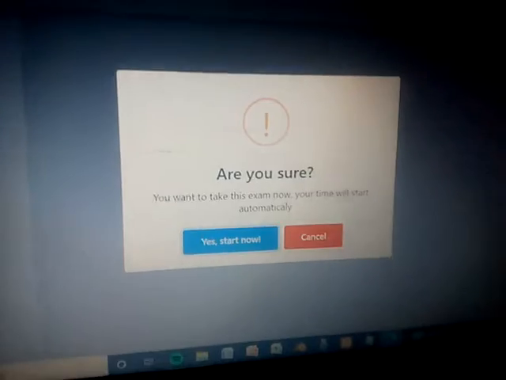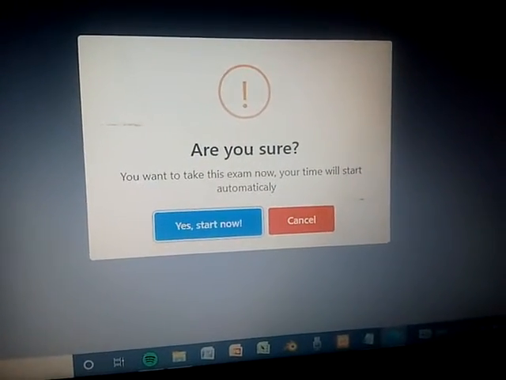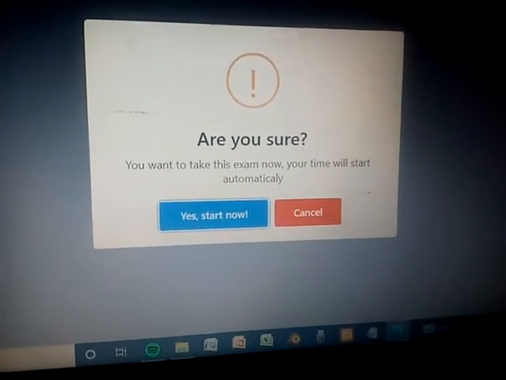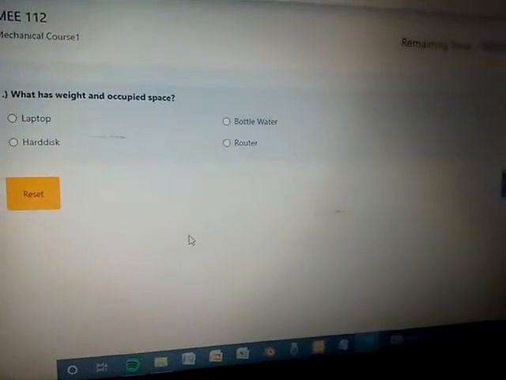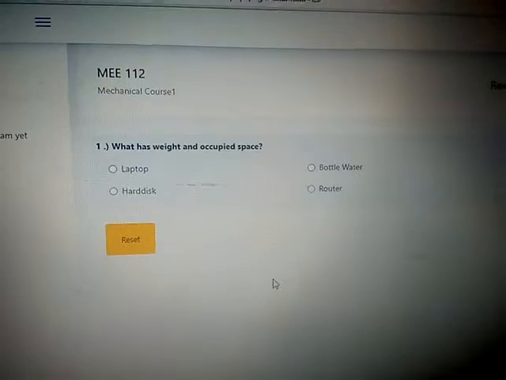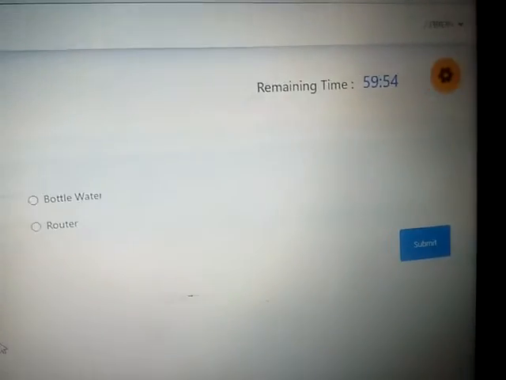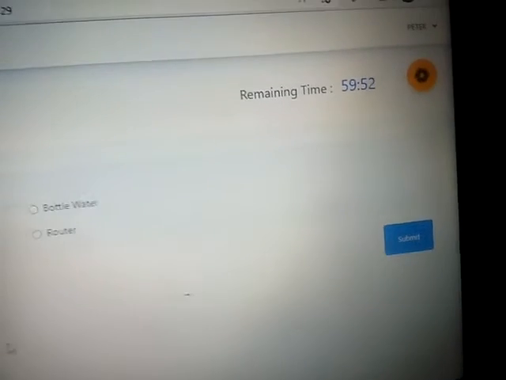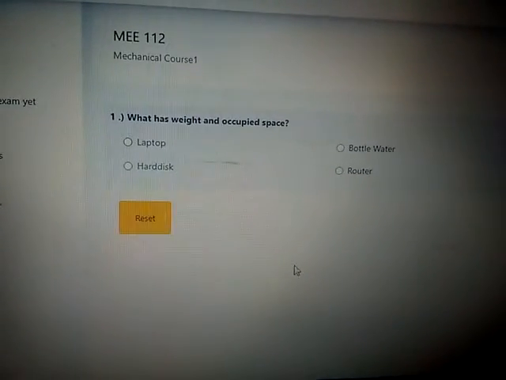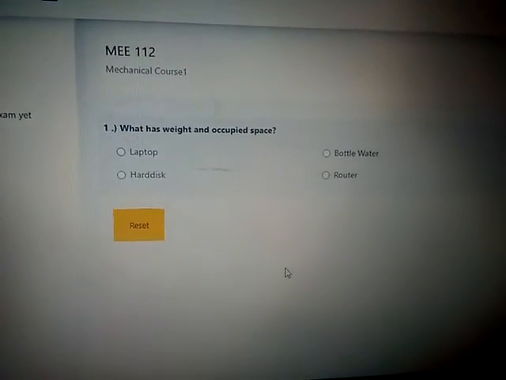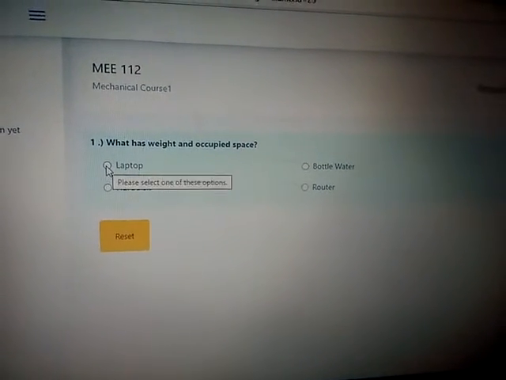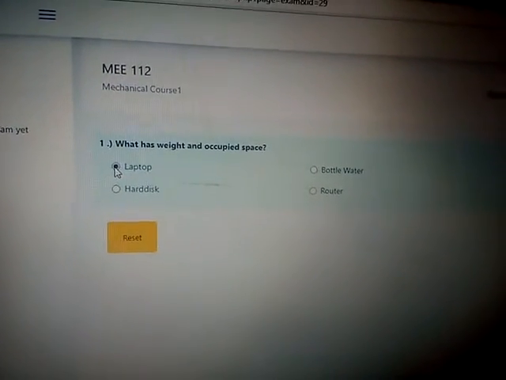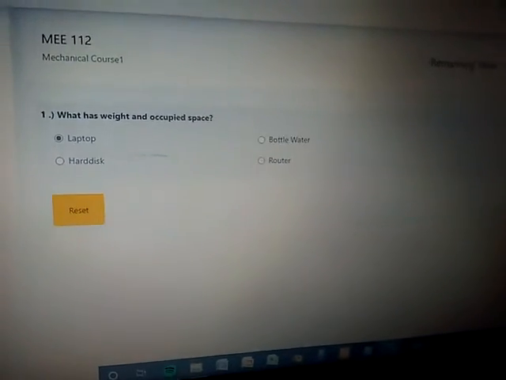It asks if you want to take this exam now. Your time will start automatically. Yes, start. We have the question, and you see the time is counting already. So we have the question here: what has weight and occupies space? Okay, let's just choose an answer, then we'll go to